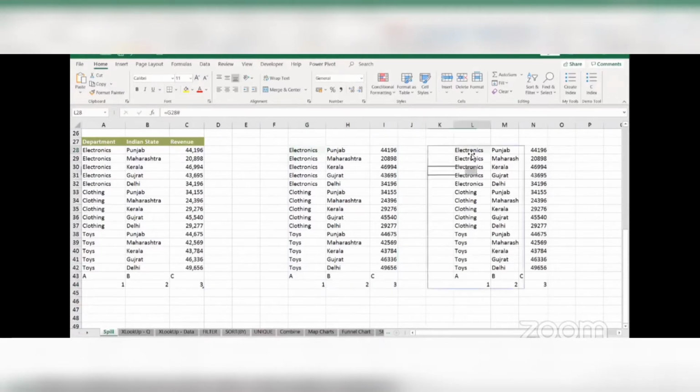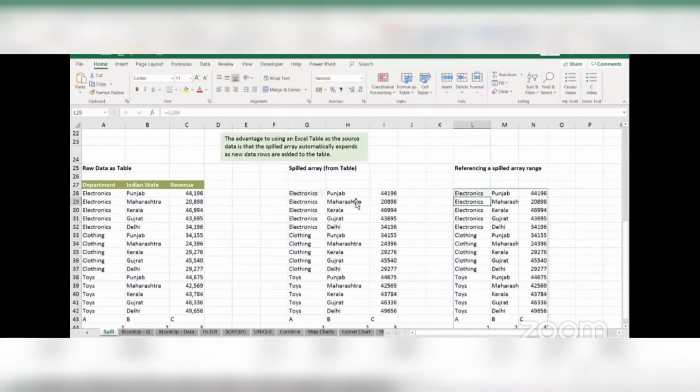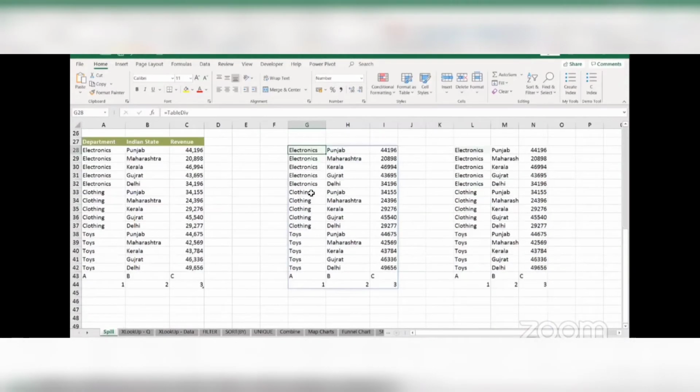And because we used the hashtag here, is equal to G28 hashtag, it automatically expanded to include 1, 2, 3 here as well, right? So this is basically how you can refer to a spilled array. You simply do is equal to the first cell and then add a hashtag which will simply select the entire spilled array. In the future, if it expands or contracts, even our reference will expand or contract.